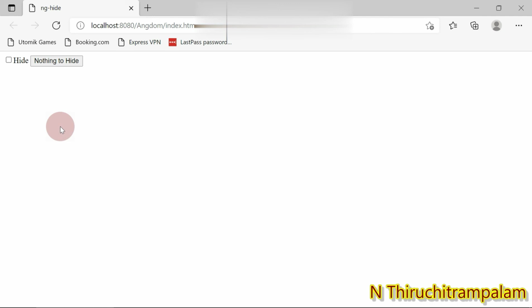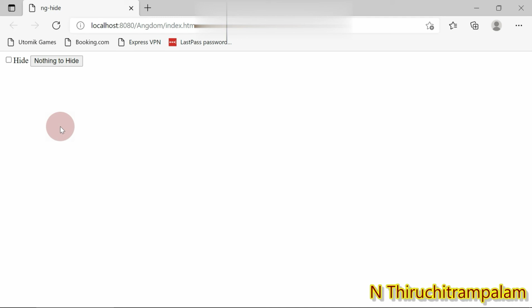So that's it. In this session we have seen the directive named ng-hide. It is used to bind the application data to the attribute of an HTML DOM element.